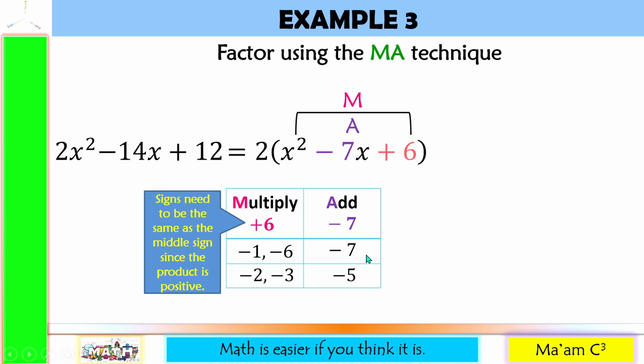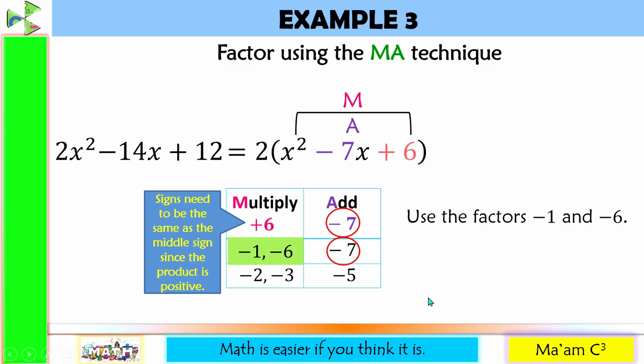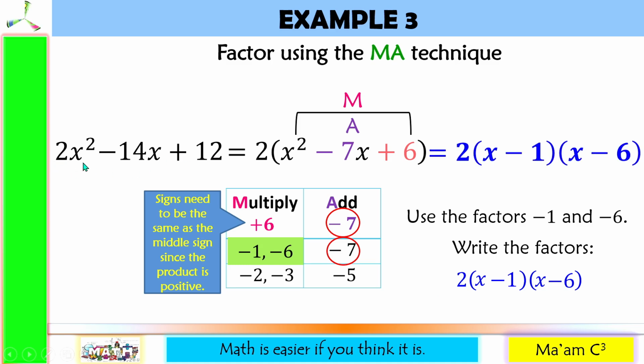So obviously, I'm going to choose this one. This is equal to my middle term. So it means the numbers in my factors are negative 1 and negative 6. Let us write them accordingly. Remember that we have a GCF, so don't forget to write it. The square root of x squared is x, so we have x here and another x here. For the remaining terms, I'll get it from my factors. This is negative 1, so we have minus 1. Negative 6, so this is minus 6. This is now the complete factored form of 2x squared minus 14x plus 12.